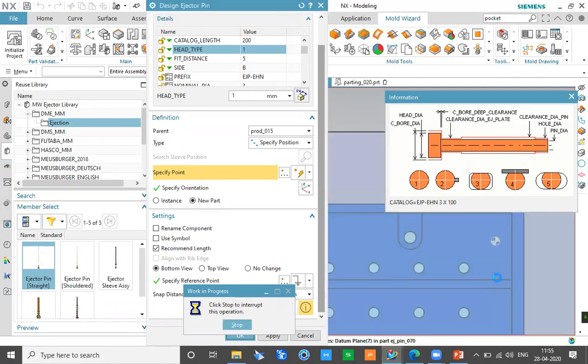So all the ejector pins are getting added to the product. And because recommended length is activated, the software will automatically recommend a length so that it can touch the surface properly.